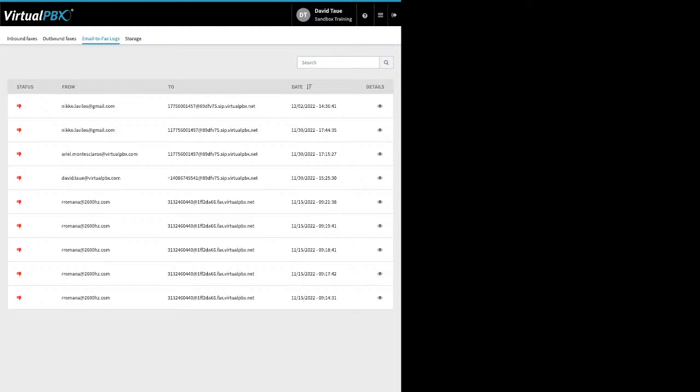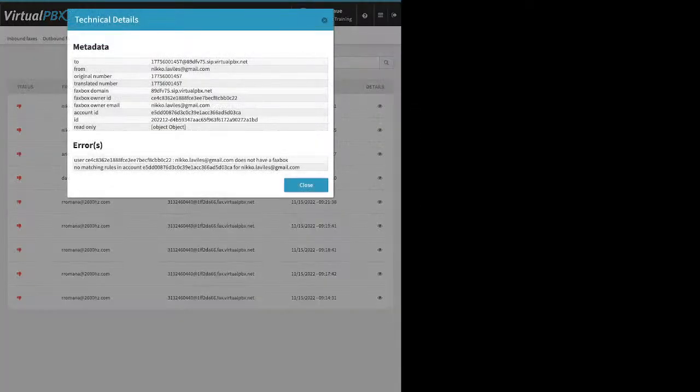The email to fax log shows where the system had a problem processing the request. So it didn't even try to dial out. It shows you the email address it came from, the format that was put on the to field, so no plus sign in this case, the date, the time. You have a little eyeball icon here. If you click on that, it'll give you some additional